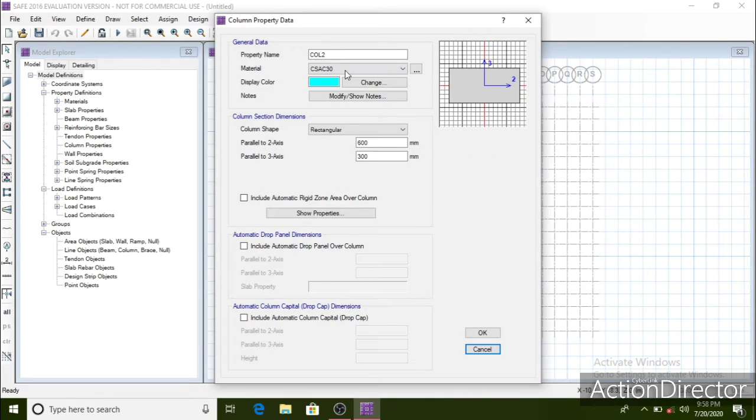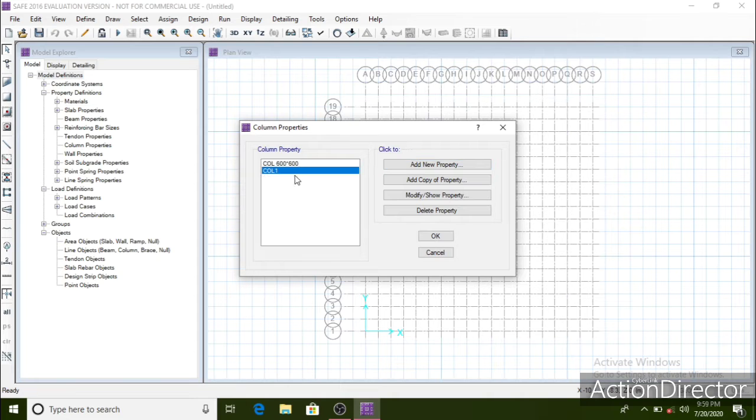Again add a new property. For our convenience, let's change the name to be column 600 by 600. Change the material to M40. Change the dimension to 600 mm. Let me change the name of the first column as well.